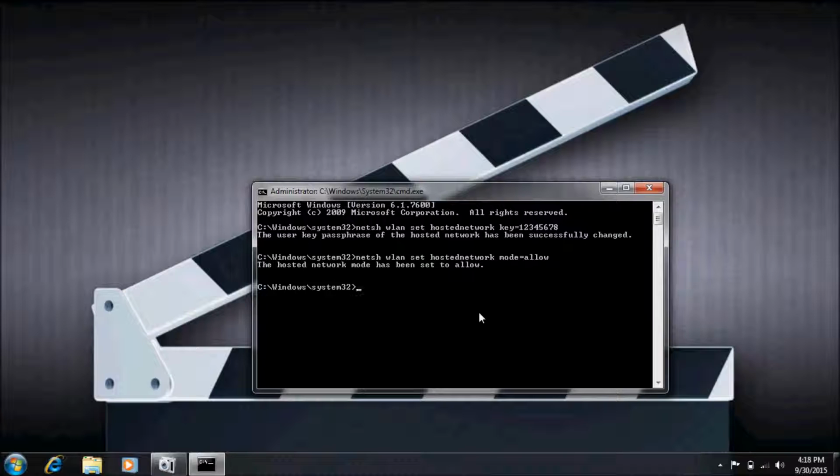Away from that, the next thing you're going to do is type in again netsh space wlan space set space hosted network space ssid equals to